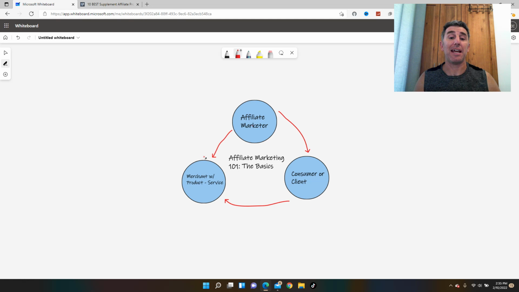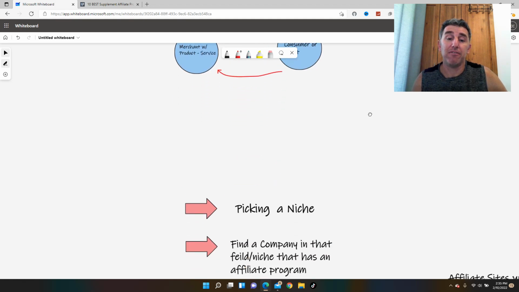The merchant gets so happy that he's making more money that he is more than happy to send us the commission. Again, the commission rates vary wildly. Sometimes it's not commission, but it's pay per click or pay per action. We will talk about those contracts later and how important it is that you pay attention to them. So that's basically how it's set up, very simplified.